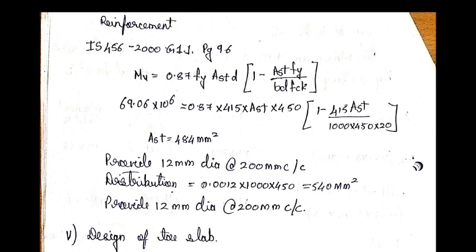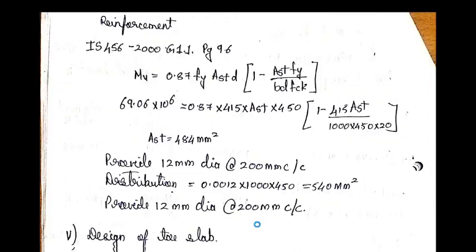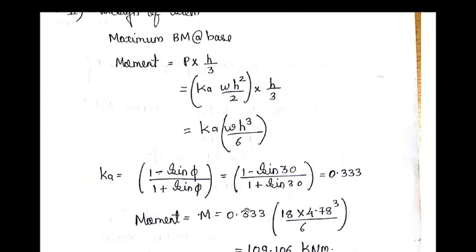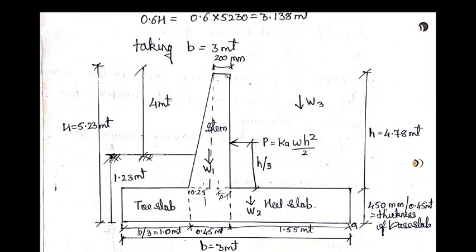So at last we conclude in today's lecture that we calculated the moment on the heel slab, designed the heel slab and provided the reinforcement. In the next lecture we shall design the toe slab. Let us go to the diagram and see. Now we have designed the reinforcement for the stem portion and the heel portion. Now the remaining is the toe slab. So let us see in the next class. Even the toe slab will be designed taking the pressure distribution component. So that is for today, and we shall end here. Thank you.